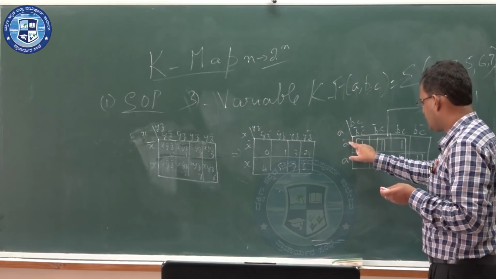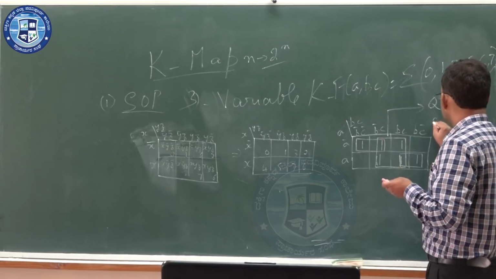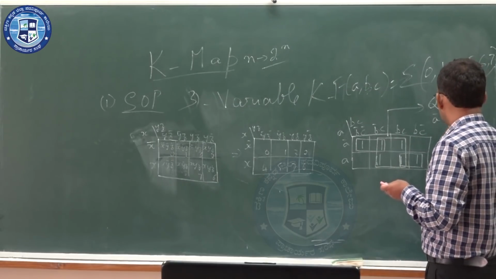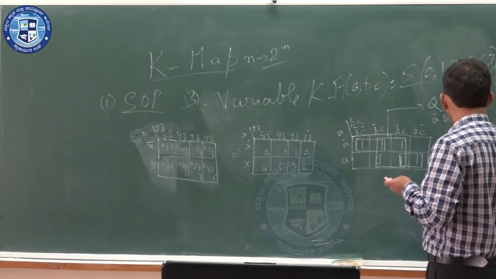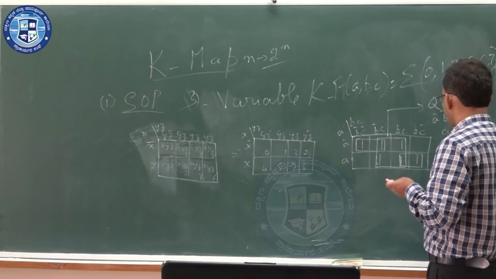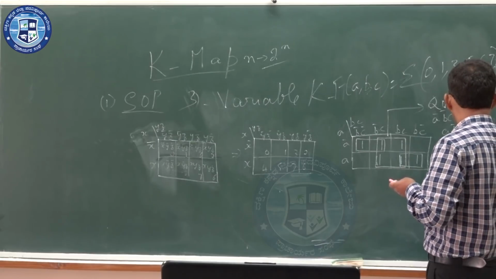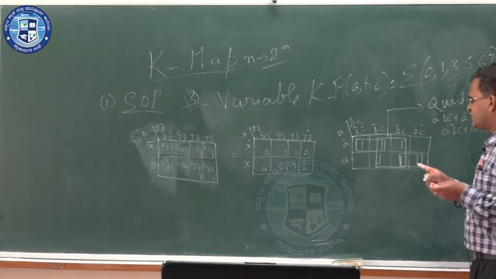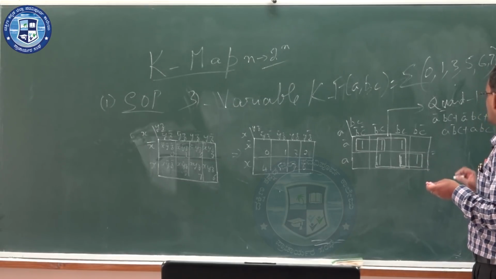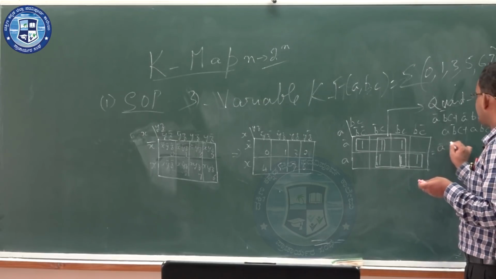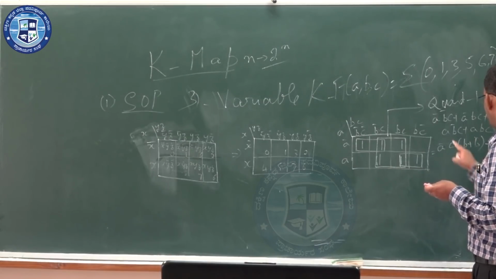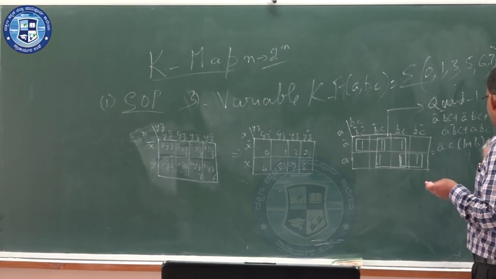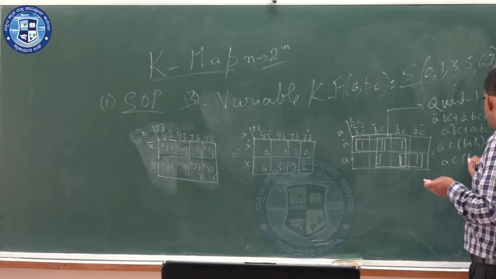Look at the variables now, it is A bar B bar C plus A bar B C plus A B bar C plus A B C. This is for the quad, and which is equal to, if you see here, A bar B bar C and A bar B C, A bar C is common, B plus B bar, plus, if you take this, A bar B C and A B C, A and C is common, again it is B plus B bar.